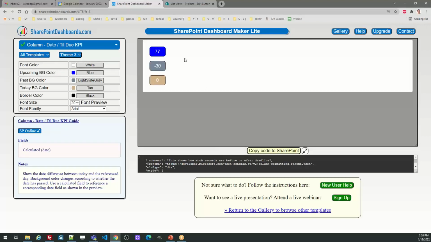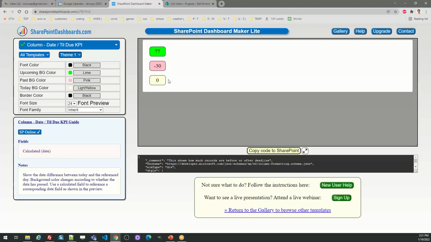Okay, so the concept here is having color coding according to how many days and whether the date's in the future, it's today, or it's a date in the past. That's what this is about. And I can pick those colors however I want. All right, so let's do that. And then let's make the today background color something different. Let's make that really jump out. I'll make it